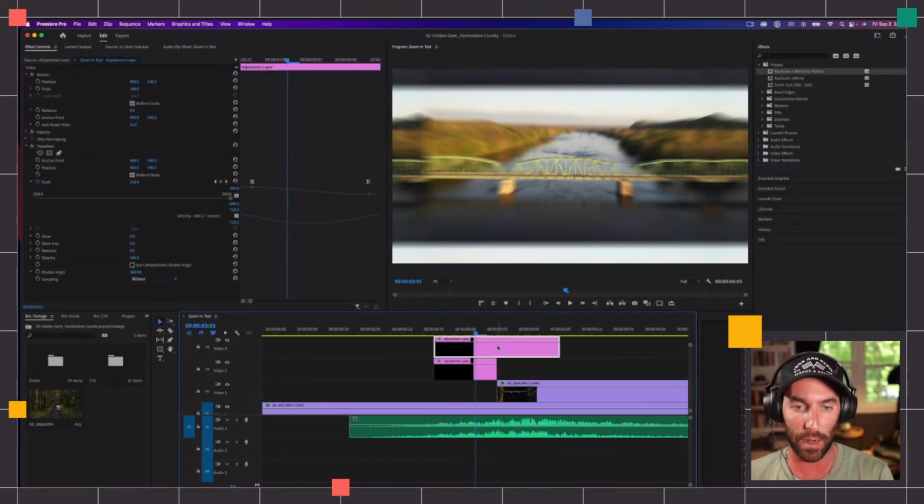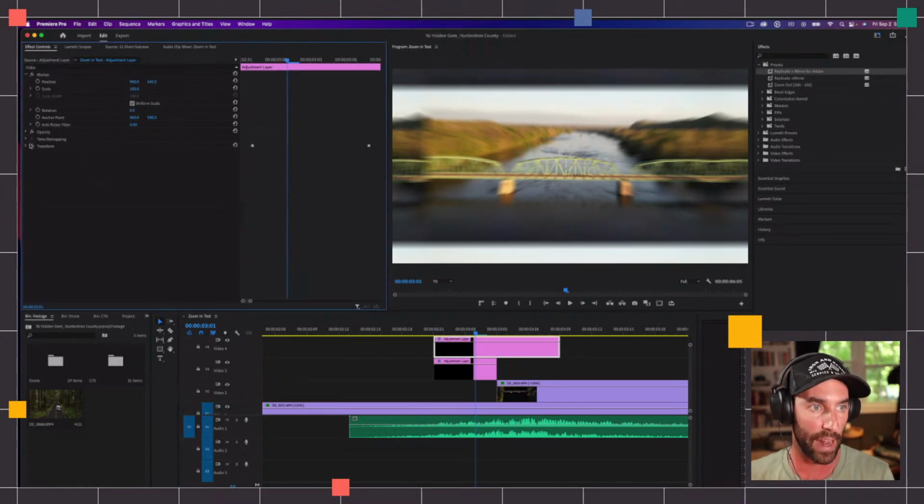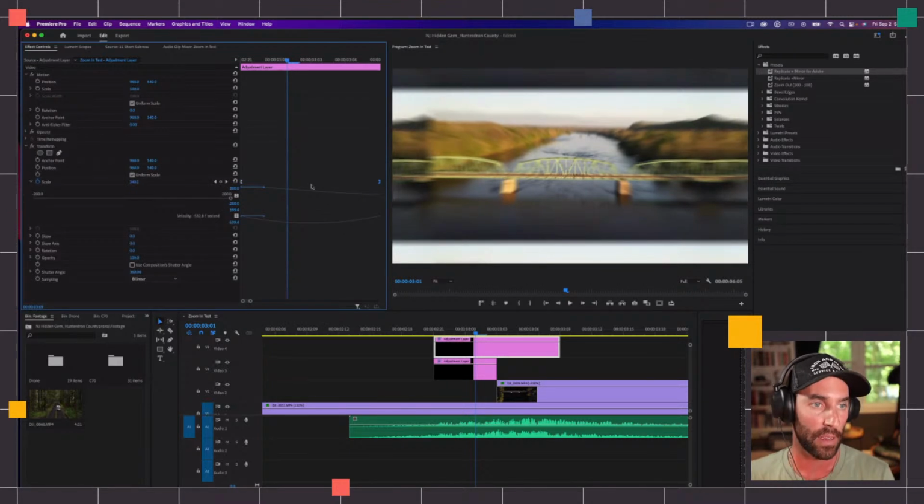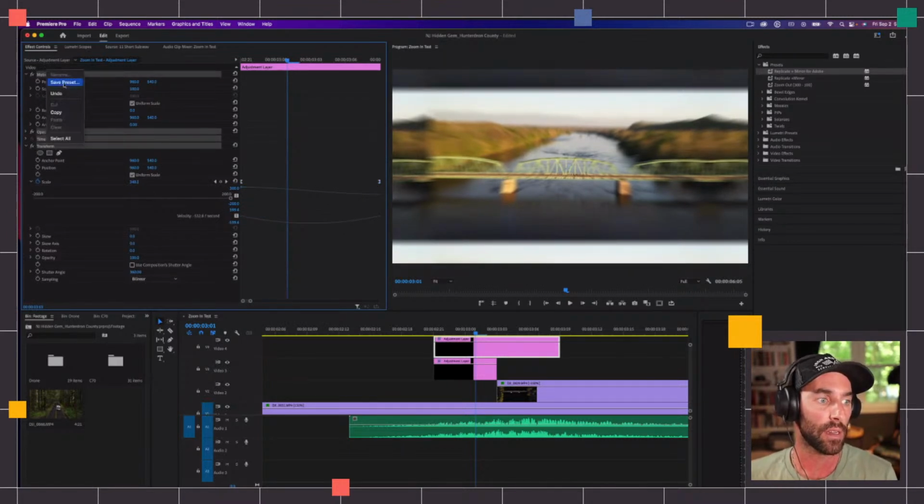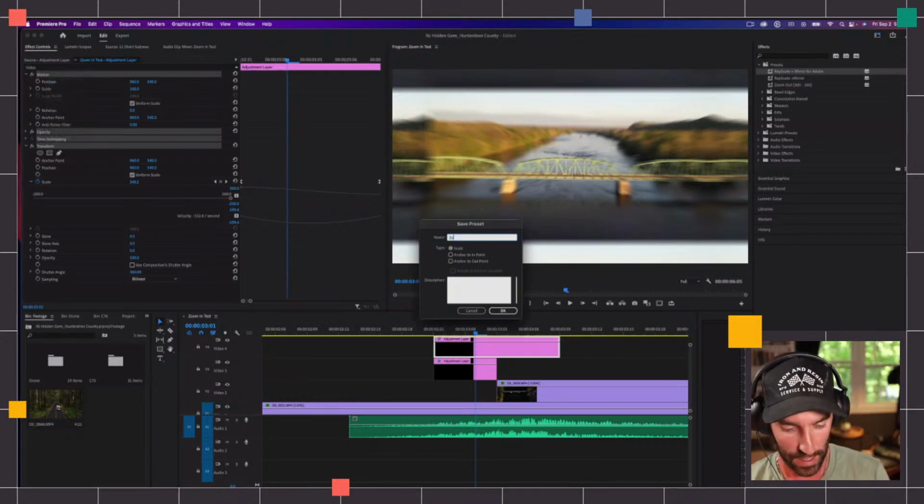And the same is true up here. Let's say I wanted to save this as just the transform because I like that we now have our zoom out transform. Let me pull these over. So this is our zoom out transform. So we're going to go Command A. We're going to go to video. Again, save preset. This is zoom out